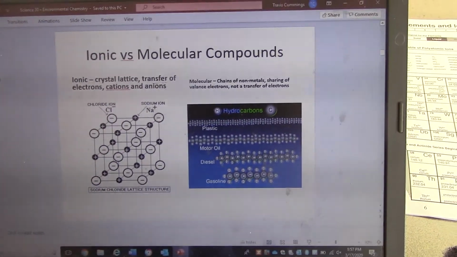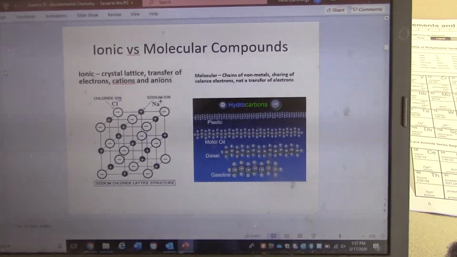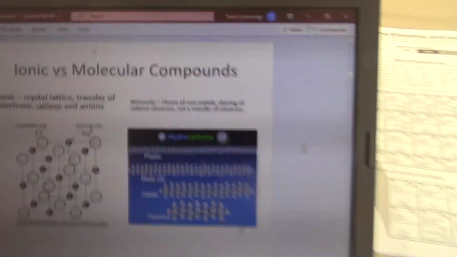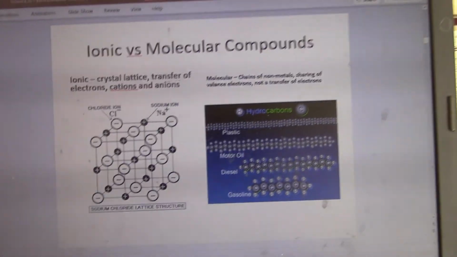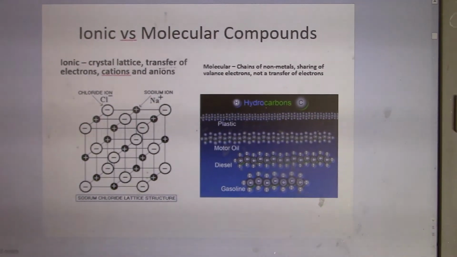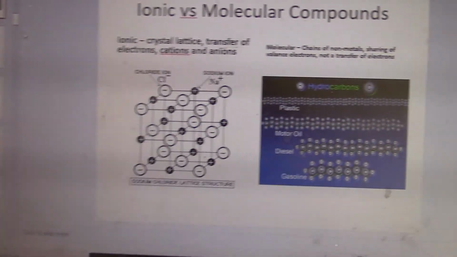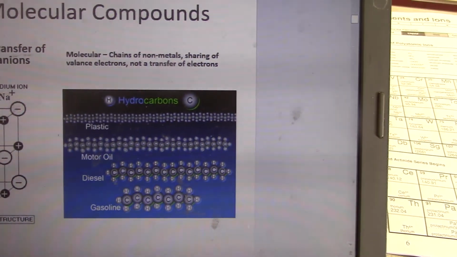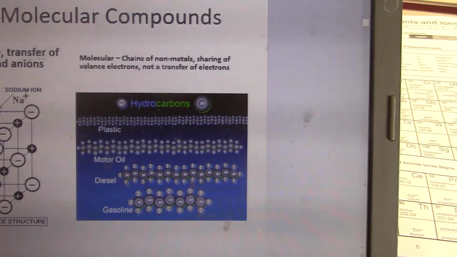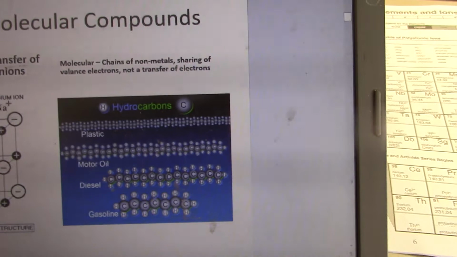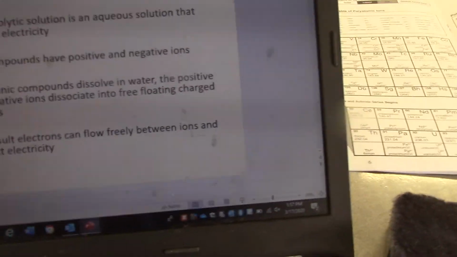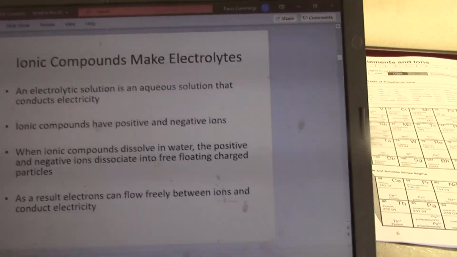just some differences between matter. When we talk about acids, we're talking about mostly ionic compounds. Sometimes they're organic, so they have a molecular component, but they act as polyatomic ions. So an ionic compound makes ions, and we get this crystal lattice structure of cations and anions. Now molecular compounds are a chain of nonmetals. They share valence electrons. They don't transfer electrons. Then they don't separate, just like an ionic compound would. Okay. So when we look at acids, all right, ionic compounds are going to make electrolytes. So they're going to dissolve into ions, and